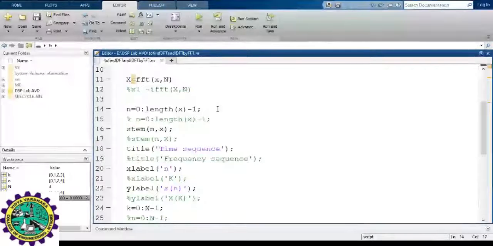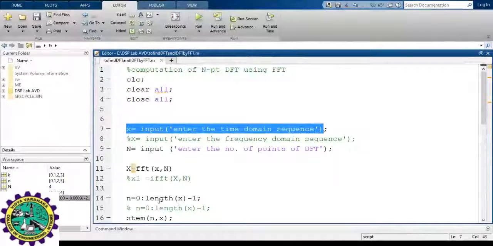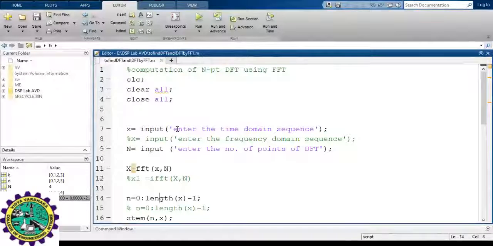In line number 14, what I'm doing here is plotting the input sequence. So from where to where will the input vary? It will vary from n equal to 0 to length of small x minus 1. Here x is the input, right? So length of x gives you how many points the user has entered. It could be 4, 5, 6, depending upon how many input numbers you give here. In general, n will always start with 0 and end with the maximum number minus 1. The same logic I'm using here: n will vary from 0 to length of x minus 1.